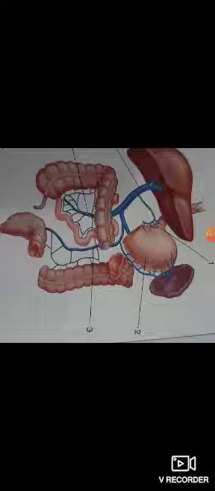structures. Number 1, ileocecal valve. The name itself suggests where it is located. Ileocecal. The lower end of the ileum opens on the posteromedial aspect of the cecocolic junction. The ileocecal opening is guarded by the ileocecal valve. The valve has 2 lips and 2 frenula. The upper lip is horizontal and lies at the ileocolic junction. The lower lip is longer and concave and lies at the ileocecal junction.